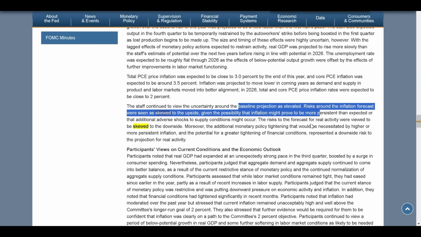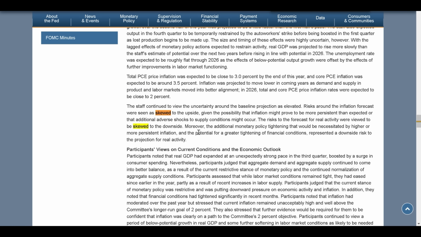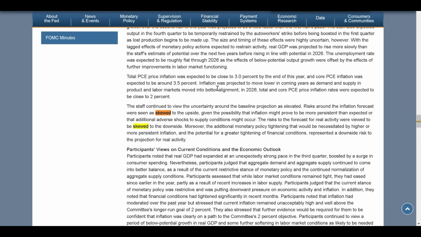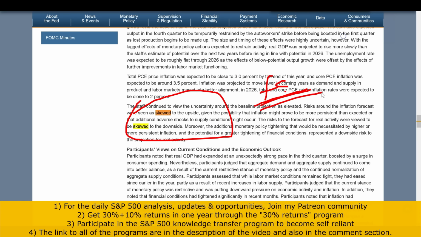So what does this mean? The European Central Bank, the UK Central Bank chief, and the American Central Bank chief, all of them are saying that even though the data looks promising and convincing, they do not want to make the same mistake that the US Federal Reserve made, I think 30 or 40 years ago, when they prematurely went for rate cuts, and that actually pushed the economy into stagflation. The Fed is in no hurry and does not want to repeat the same mistake.